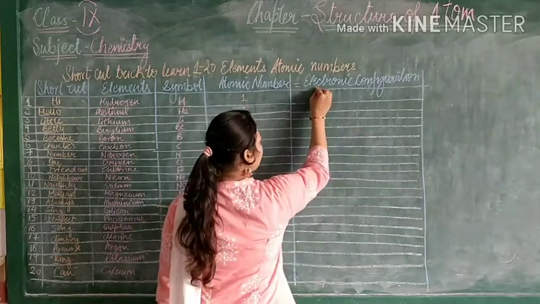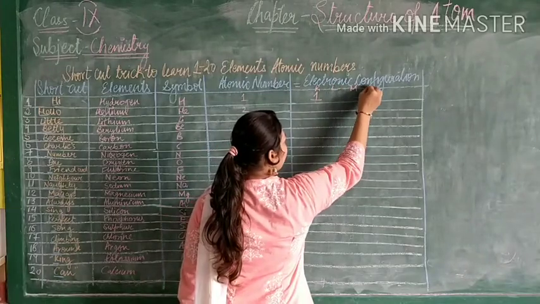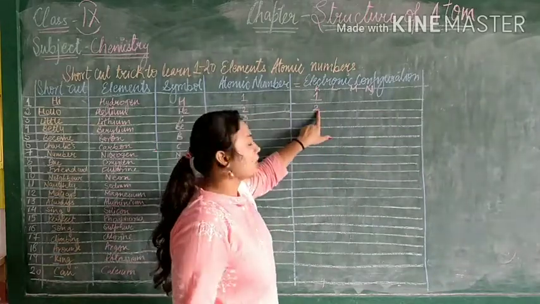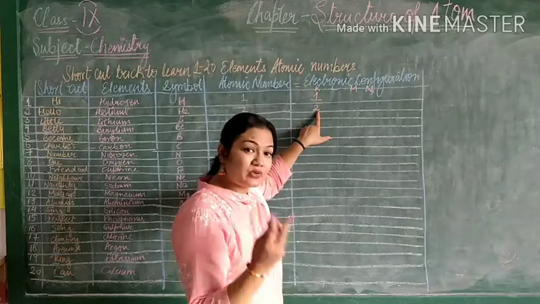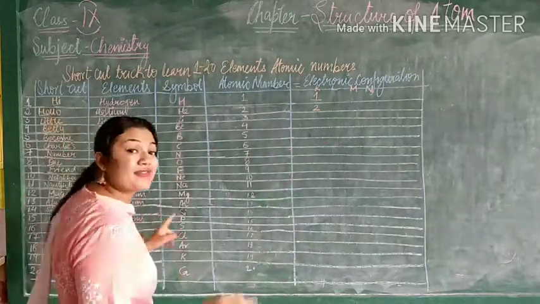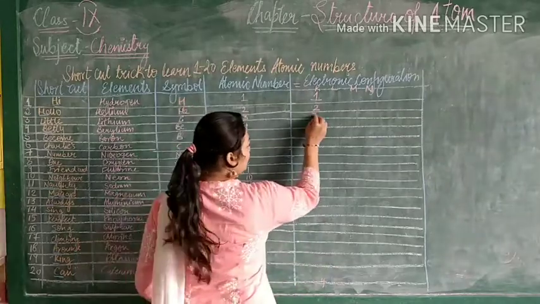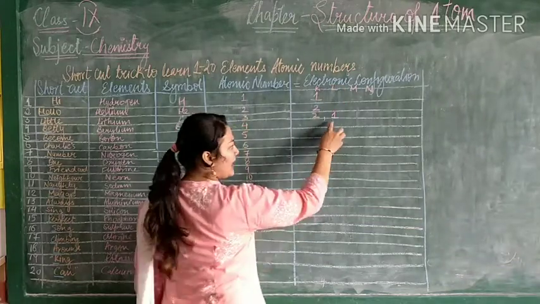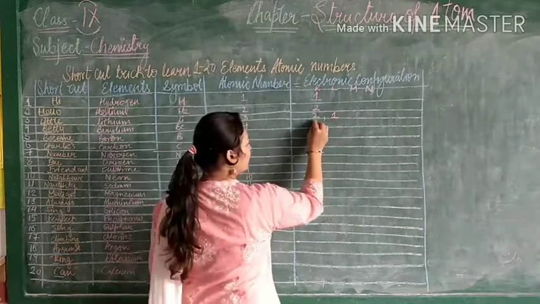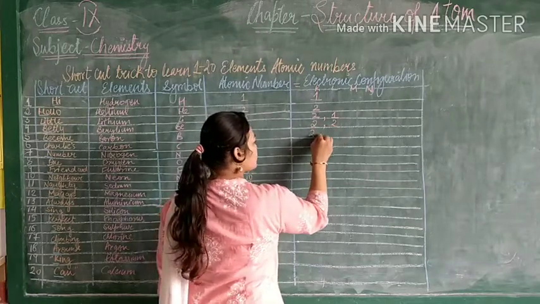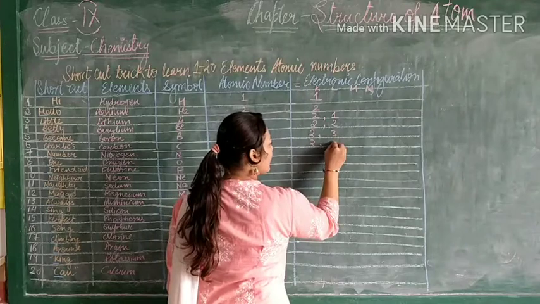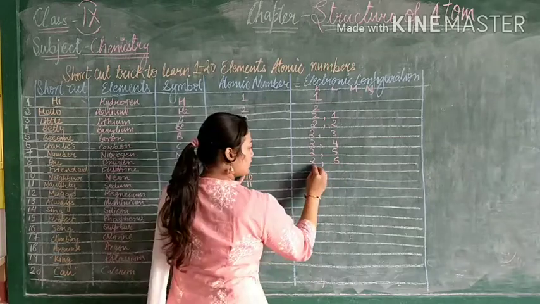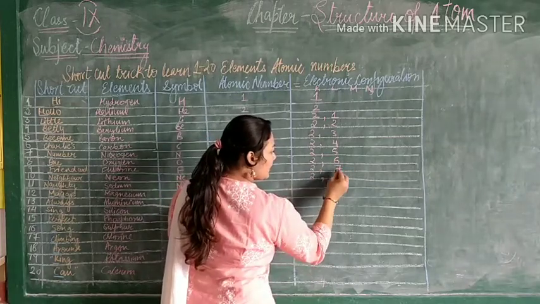Then 2. I can write K, L, M, N, but if it goes till 2, obviously I will fill these 2 electrons in the first shell only, and in the first shell 2 electrons is stable. So helium is very stable in nature. Now 3: maximum 2 can come in the K shell, and 1 will come in L, and it is not 8, that means it is not stable. 4 is 2, 2. 5 is 2, 3. Then 6 is 2, 4. Then 2, 5, then 2, 6, then 9 is 2, 7, and 10 is 2, 8.